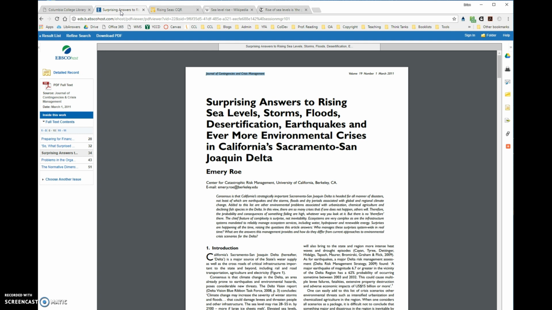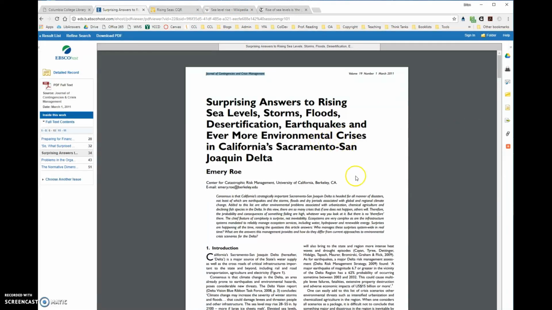Peer-reviewed actually refers to a specific editorial process where other experts in the field review the article before it's published. And so there are a couple ways that you can identify these when you come across them. One is that because of their purpose, they're designed to inform and convey information to other scholars and experts in the field. They can look a little dry. So you'll see in this example that I have here, this is a very common type of scholarly publication.